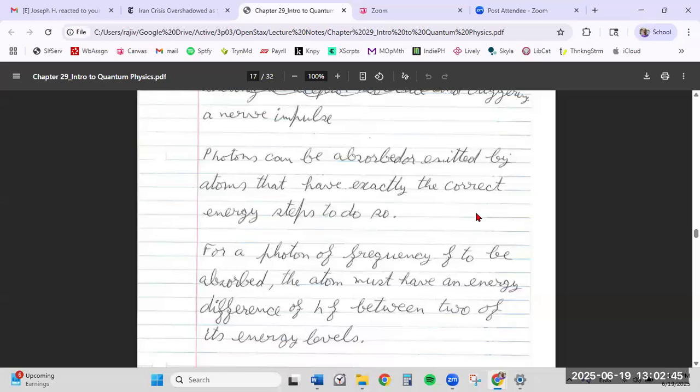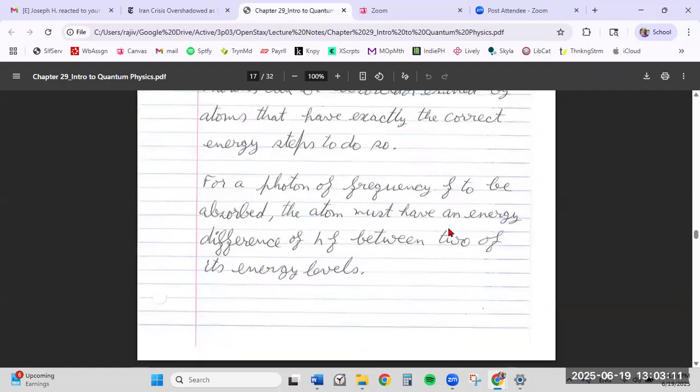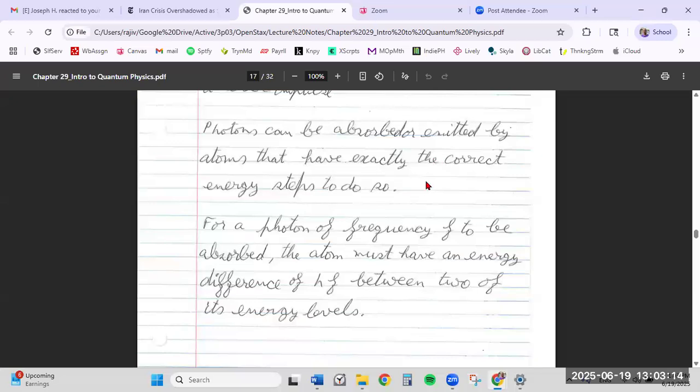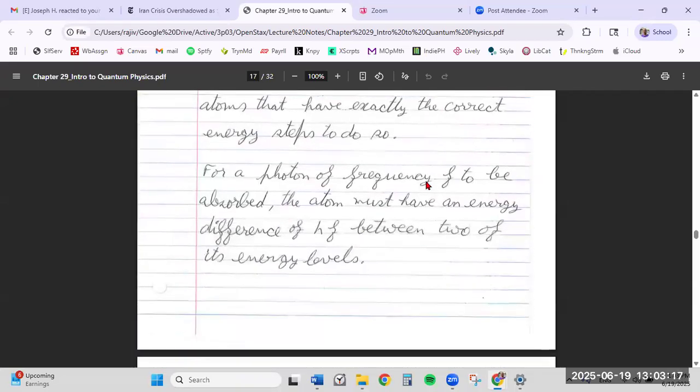So if the difference between two energy states in an atom equals exactly the energy of an incoming photon, then this atom will absorb that photon and go up in energy. It becomes a higher energy atom. And then, as I was saying earlier, it doesn't stay in the higher energy state for long. It falls back to the original energy, and when it does that, the extra energy it had is now released in the form of photons.